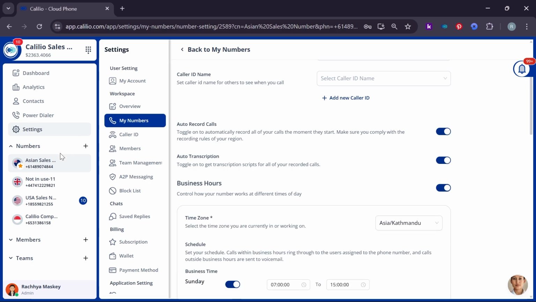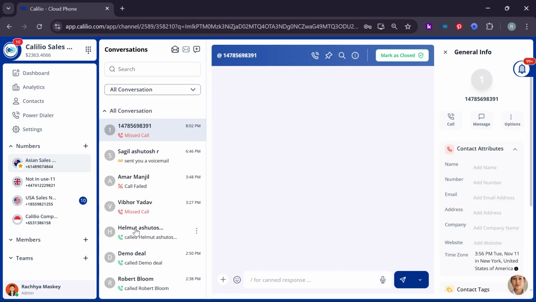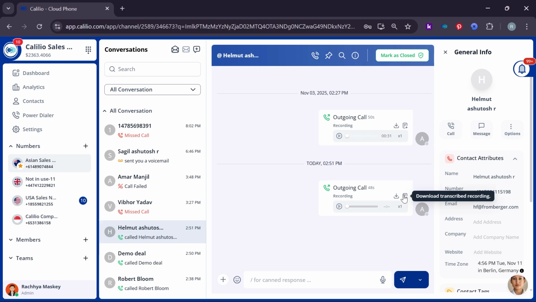After that, go back to your call box by clicking on one of your numbers and click on the conversation you want a transcript for. Now here, click on this Download Transcribe Recording button, which downloads that transcript and saves it as a PDF file